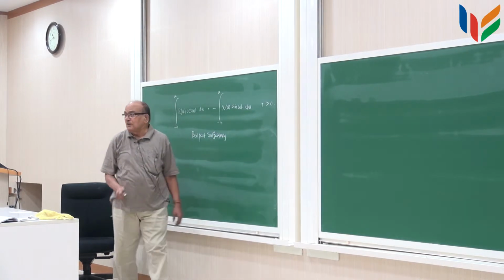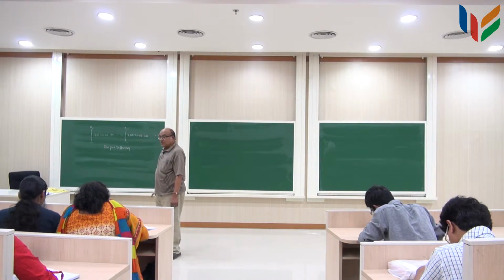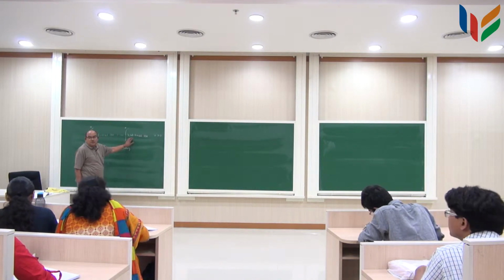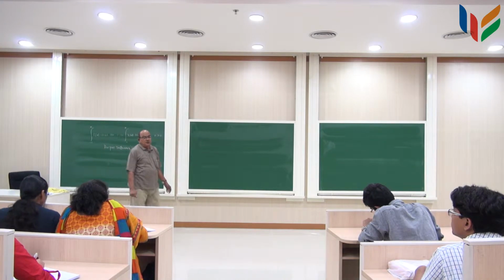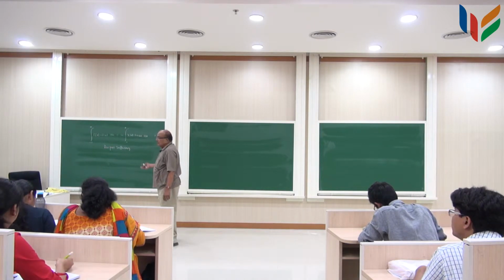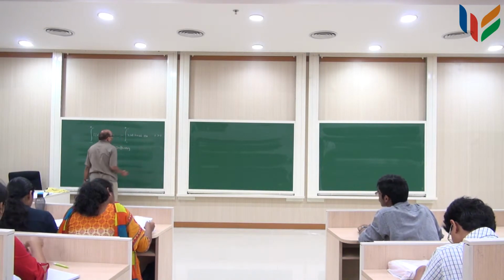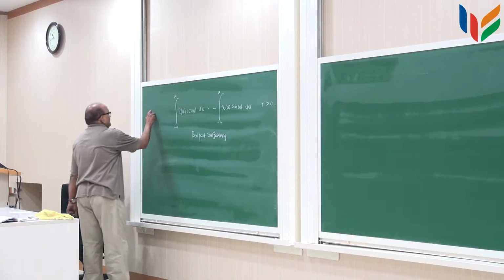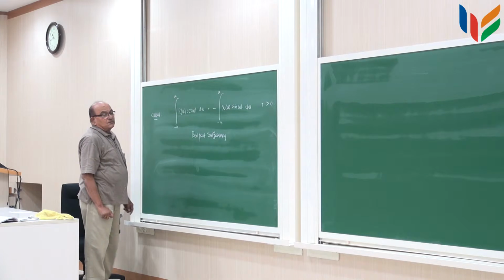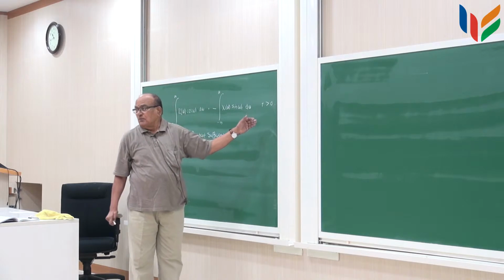That is what we did in the last class. At the end of the class, this is the relation for the real part sufficiency, meaning thereby if you are given the real part, I can find the imaginary part, and once I know the real and imaginary parts, I can find this function F(omega), and hence I can find f(t). This is true only for causal signals, and it is automatically equal to 0 for t less than 0 because it is a causal signal.